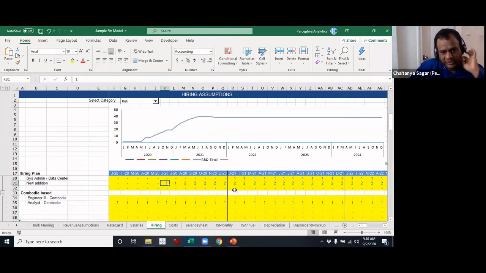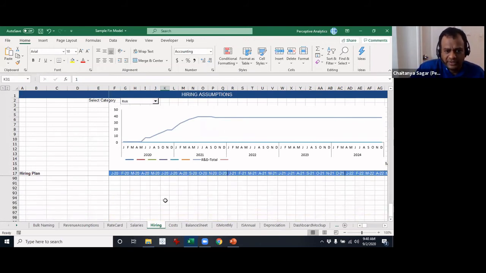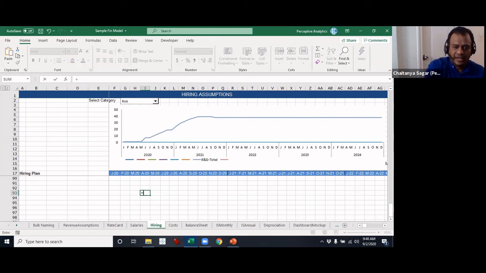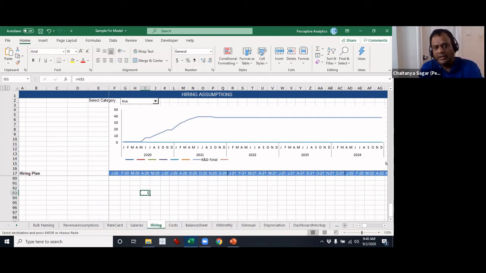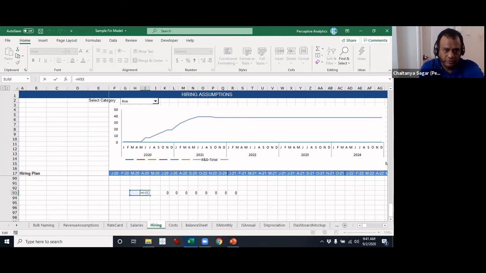So basically, if you look at the formula, see the way Excel works is, I'll just cover one additional concept, and we'll come back to this one. This is very related to that. One of the key functions of Excel is, because this is a spreadsheet, let's say I type in equals this. Then when I copy and paste this, even though I pointed to H93, the others will keep changing the formula. I only did a copy paste, but it changes the formula. So for example, here you have H93, the next one automatically becomes I93, the next one becomes J93, and so on and so forth.